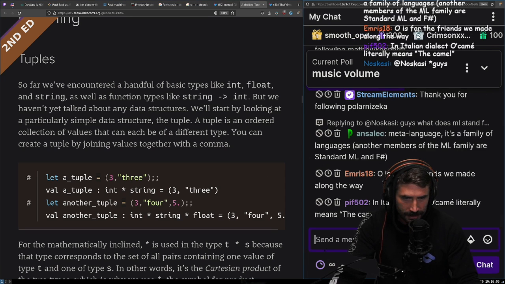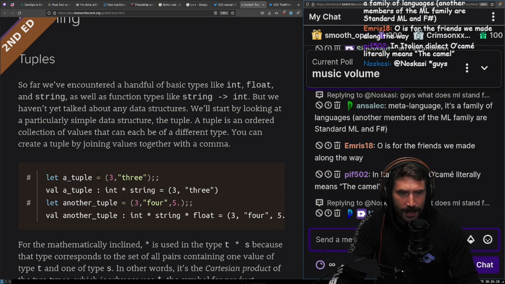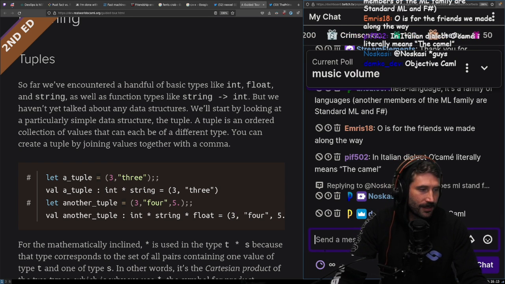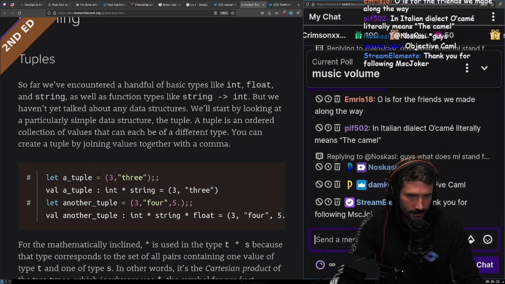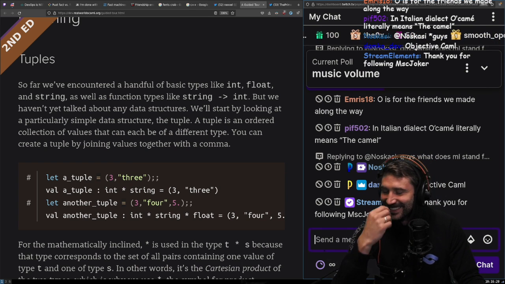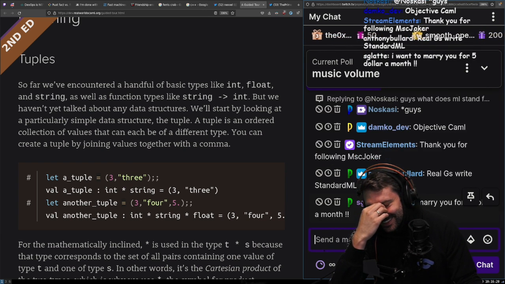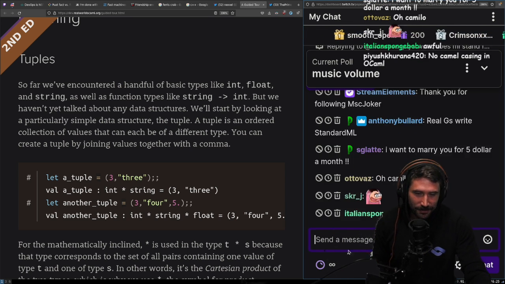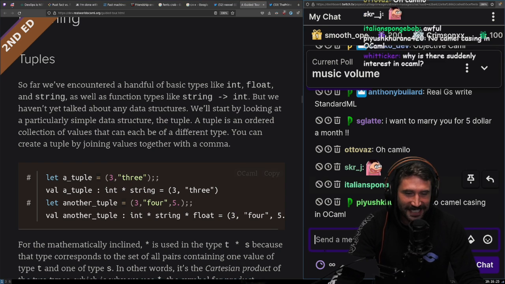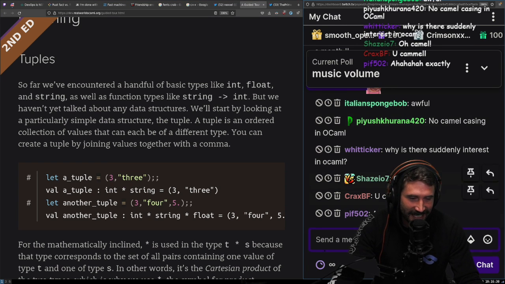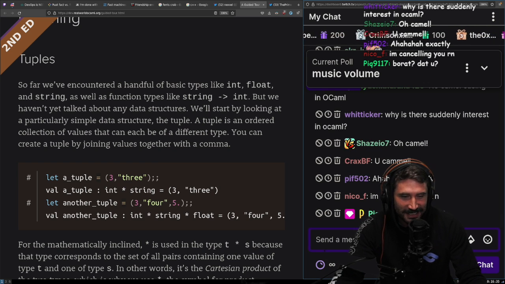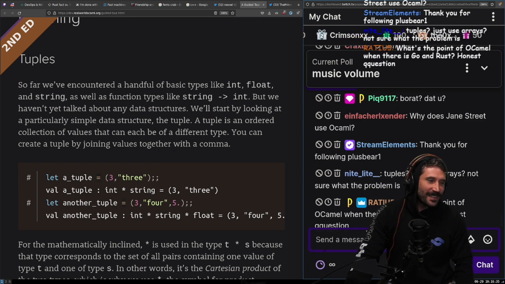It is super frustrating. In Italian dialect, Ocaml literally means the camel. Ocaml. How'd I do? Ocaml. I want to marry you for $5 a month. Awful. Okay. Italian SpongeBob really does not like it. I'm canceling you right now. Borat, that you?